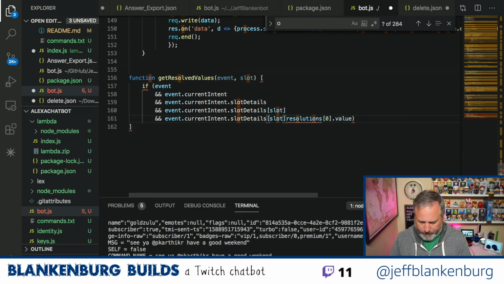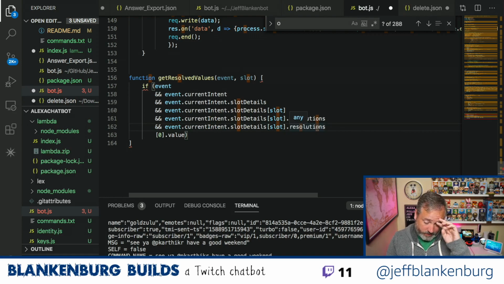Slot dot resolutions, and resolutions is all. So if there are resolutions, that's really what I care about right now. So we can say if all of that exists, then return this.